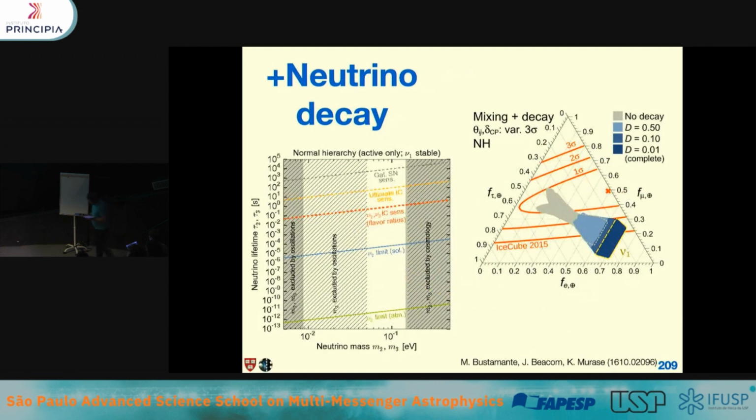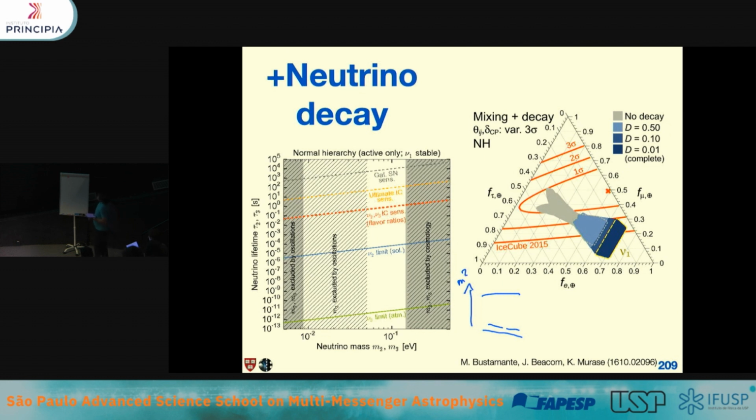Okay. So you can modify the neutrino flavor ratio by adding new physics. For example, in this paper by Mauricio Sanchez and collaborators, they talk about neutrino decay. So we know that there are 3 neutrino mass states. Assume, for example, that we are in a normal ordering, which means that the lightest of the neutrino mass states is nu1. So your mass spectrum looks something like that. This is m squared.